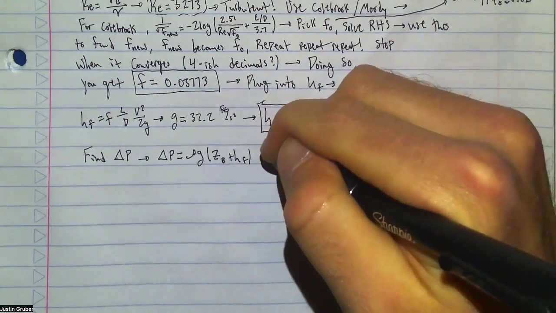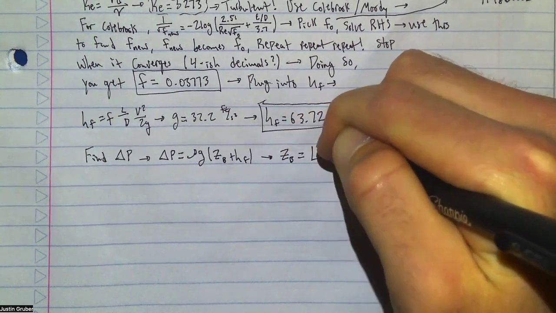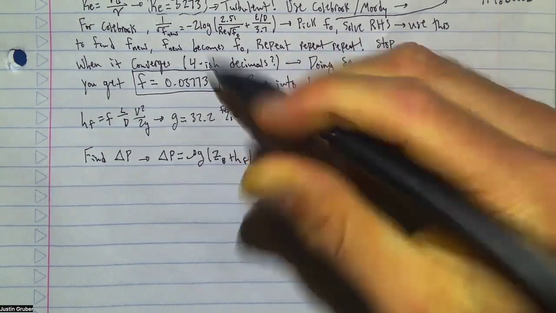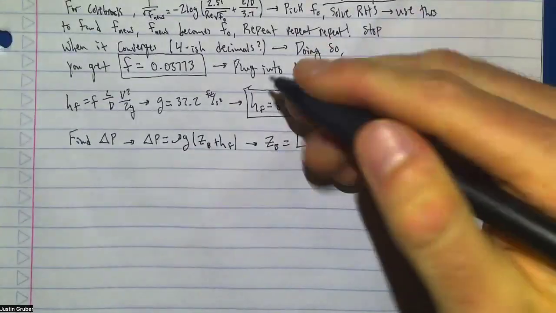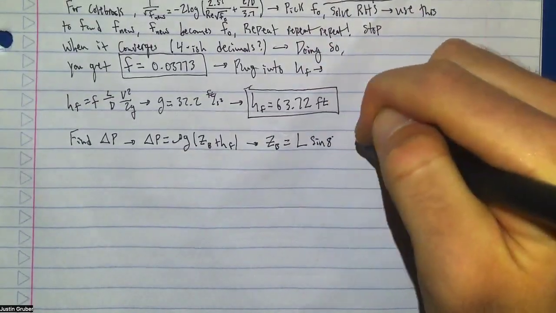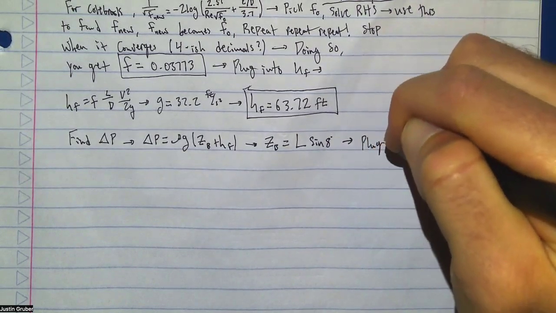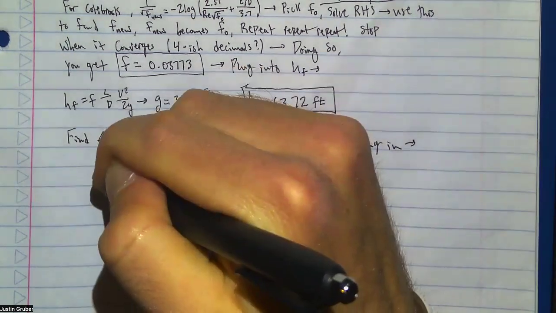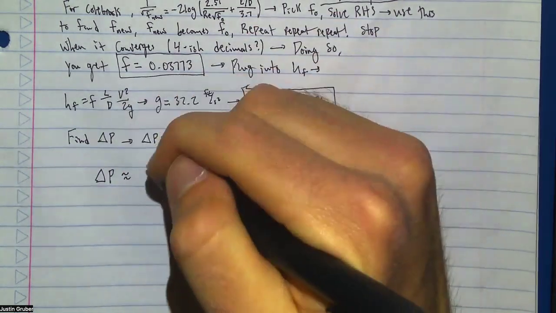So what's Z_B? Well, Z_B is just the length of the pipe times sine of the angle it's tipped up, so sine 8 degrees. All right, plug everything in. Delta P is somewhere around 23,700